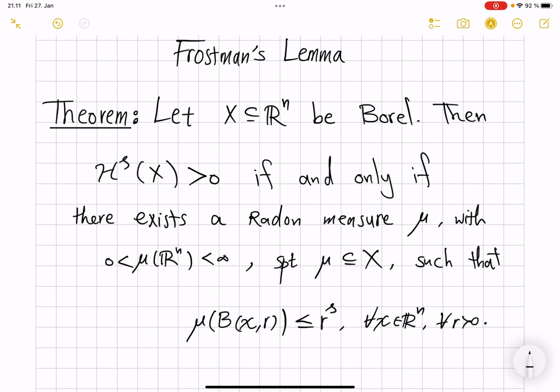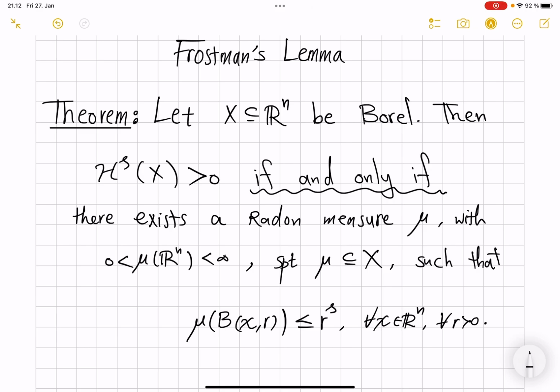So number one, the support of that measure is restricted to X, so that measure really concerns the set X, and it has finite and positive measure for the whole space. By multiplying with a constant, you can assume that the measure of the whole space is equal to 1. In other words, it is a probability measure. So after these preliminary assumptions on mu, which basically just say that it's a reasonable measure having something to do with the set X, the main condition which establishes the if and only if